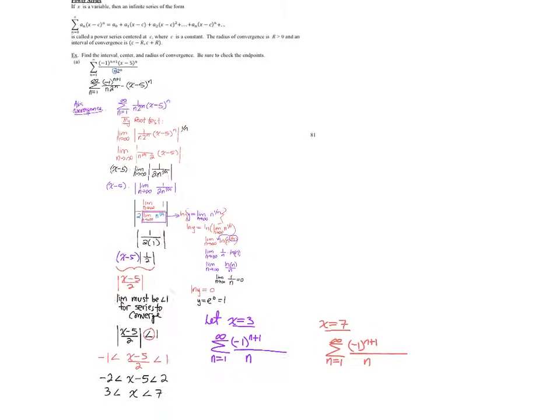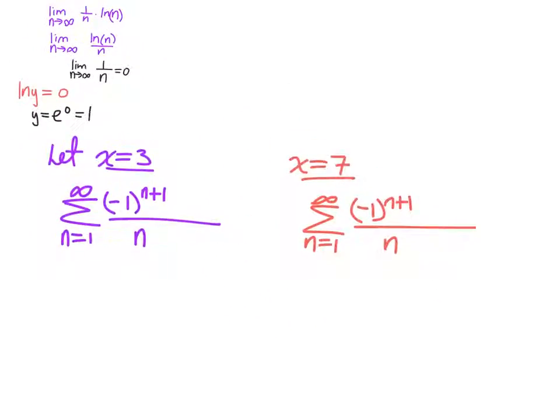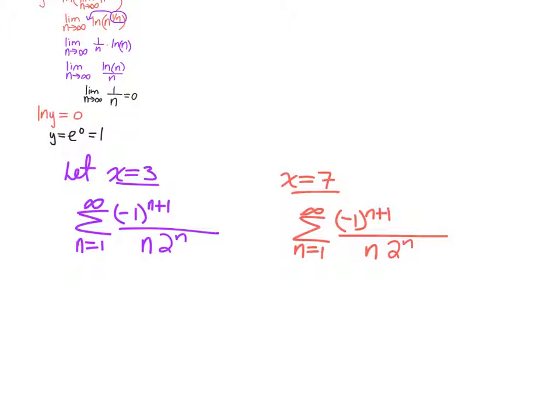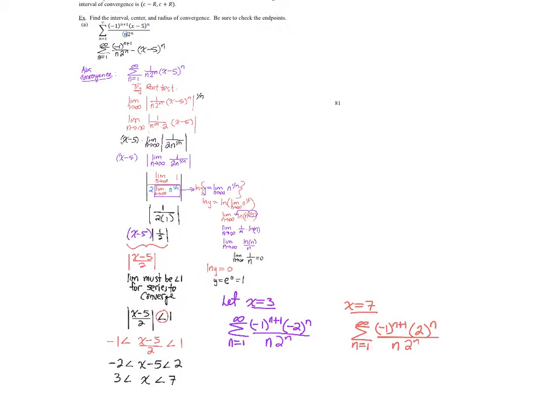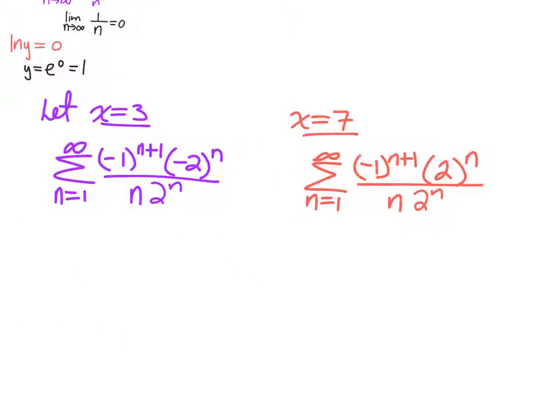So we have the 2 to the nth, and so I'm going to substitute in a 3 first. So 2 to the nth here, 2 to the nth here. So we're looking at 3 minus 5, this is -2 to the nth. And 7 minus 5 is +2 to the nth. And let me just make sure I'm writing that correctly. I think I am. So I just have to test these two bounds. Now one of them is going to be easier than the other. A lot easier. So we'll tackle the easier one